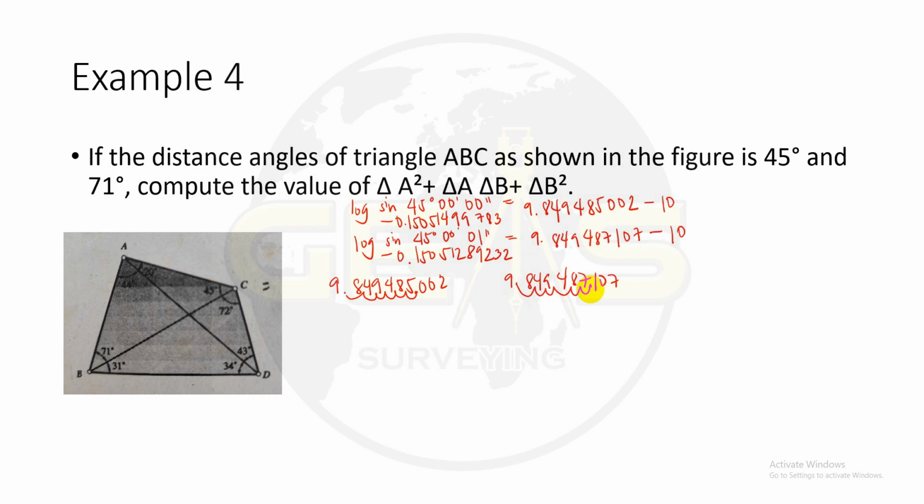Okay, so the difference for 1 second is 87.107 minus 85.002. So the answer is 2.105. Next,